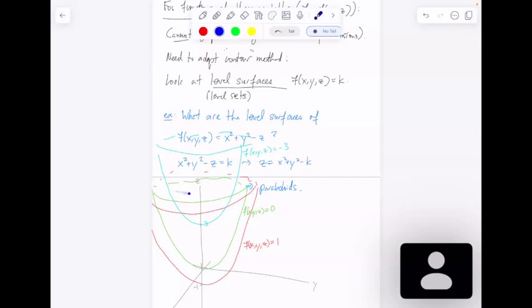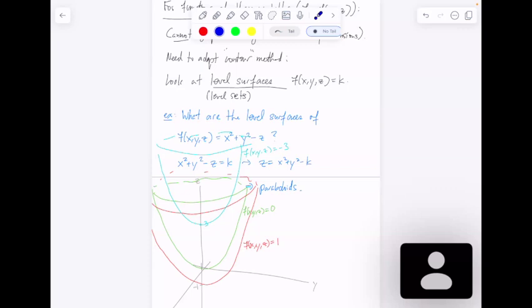You know that on green here, for any amount A I sell in x, amount B I sell in y, and labor cost z, as long as this combination of inputs x, y, z lies on this green paraboloid here, my profit's going to stay the same. In this case, the profit's going to be 0, which is not very good, but it stays the same. Similarly, if I'm stuck at x, y, z on this turquoise surface here, then x, y, z could be different, but as long as the combination of them lies on x squared plus y squared minus z equal to -3,